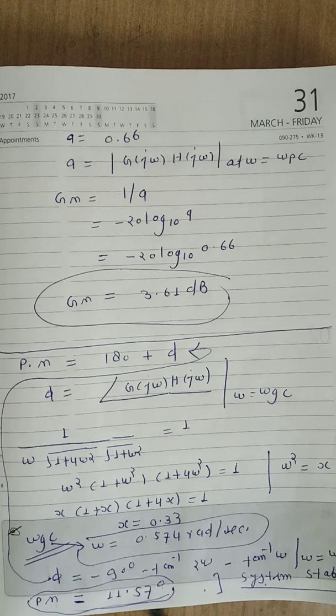Now in next video class we will discuss about Nyquist plot, because in polar plot we have one disadvantage, we have one limitation. What is the limitation? We can calculate closed loop stability from open loop transfer function, but it is not possible to determine number of roots causing instability. Here we cannot define a number of roots causing instability.